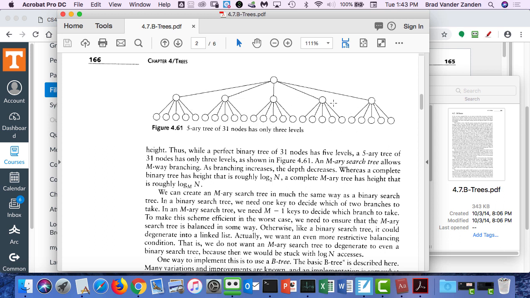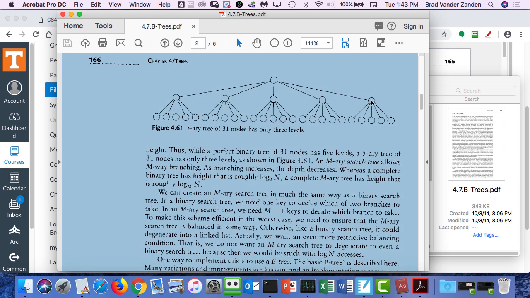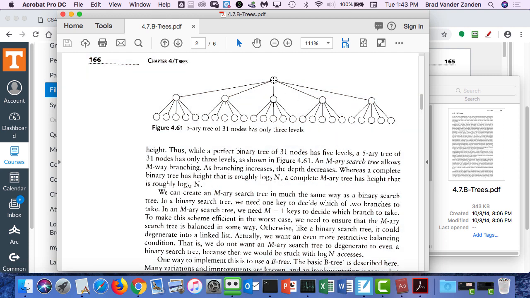So now if we have 50K, and down here we have 10K, 30K,